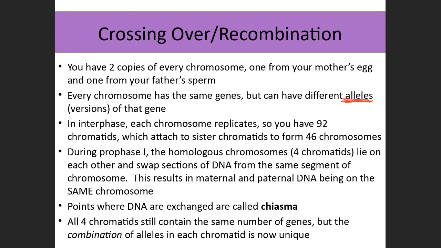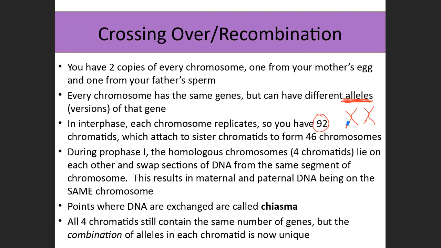Okay, during interphase, there's interphase in meiosis 1. The chromosomes replicate, so there's 92 chromatids, each one attached to each other. So it looks like 46 chromosomes like this, right? During prophase, in meiosis, those homologous chromosomes, those 4 chromatids, lie on top of each other and swap little bits of DNA, okay? So this results now in having little bits of mom and dad DNA squished together on the same chromosome. So whereas in most of your cells, you have a copy of your mom's and a copy of your dad's, in your gametes, they get squished together into the same